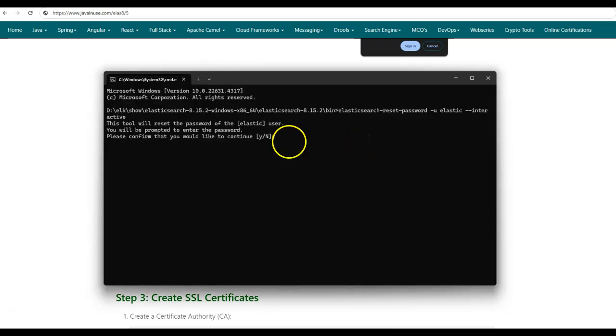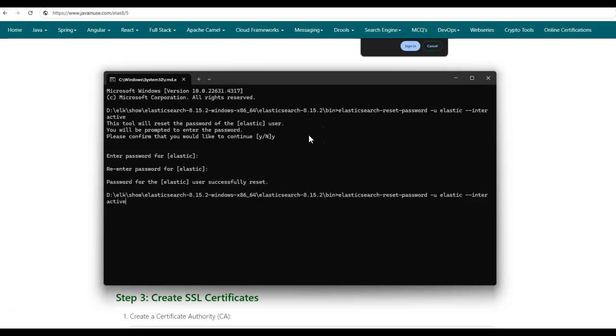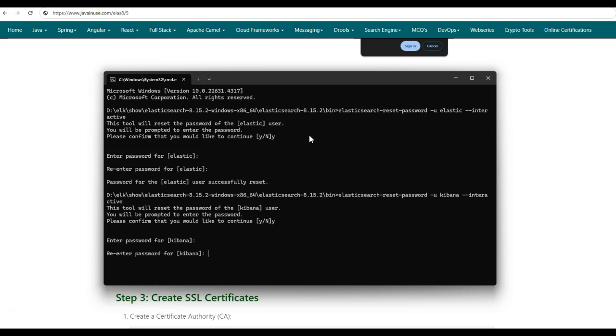So here it will ask us for a password that we want to set for elastic. I'll be setting it as elastic only. Next we'll be setting the password for Kibana. Remember, when doing so, our Elasticsearch instance is still running. Password again, I'll just set it as kibana only. So we have successfully reset the password for Elasticsearch and Kibana.